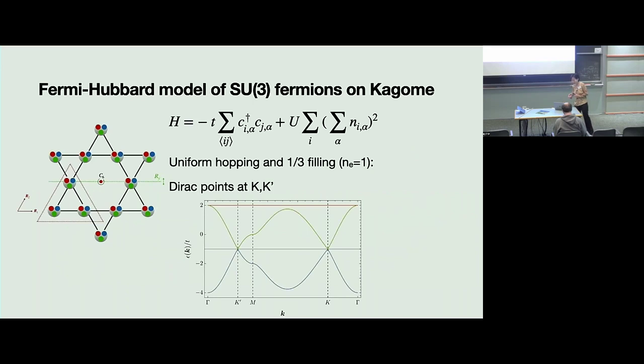Oh, sure. I'll just briefly flash another case, the Kavli SU3 antiferromagnet, where we realize the Dirac spin liquid as a critical point with 6 Dirac fermions. So we have SU3 fermions on each site, like 3 flavors of fermions, and at 1/3 filling with uniform hopping, the fermions have 2 Dirac cones for each fermion flavor.